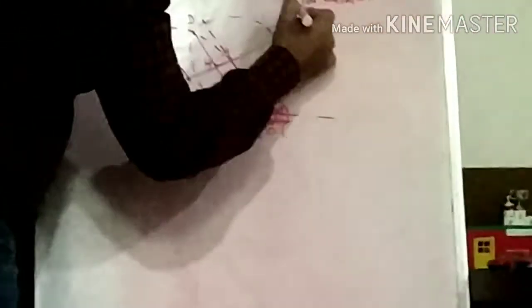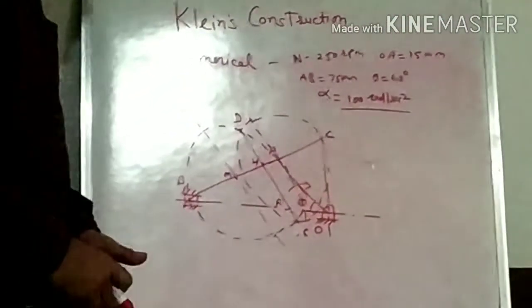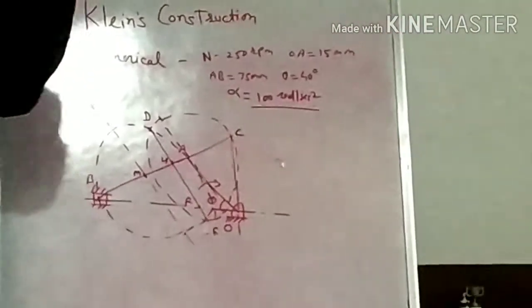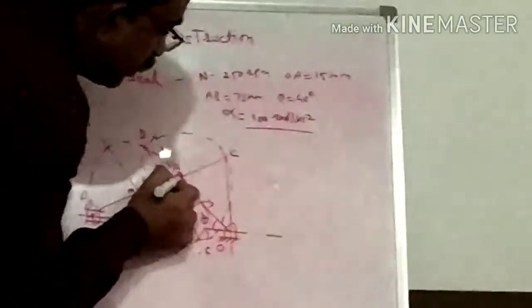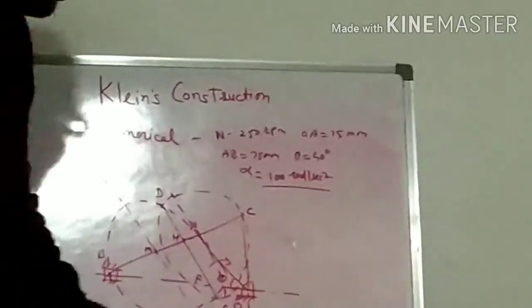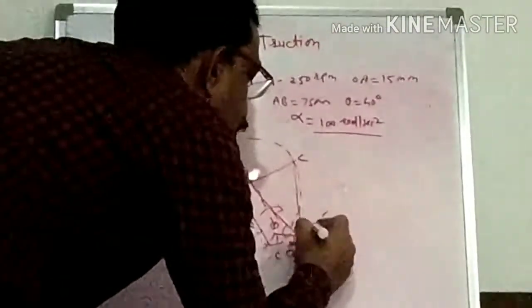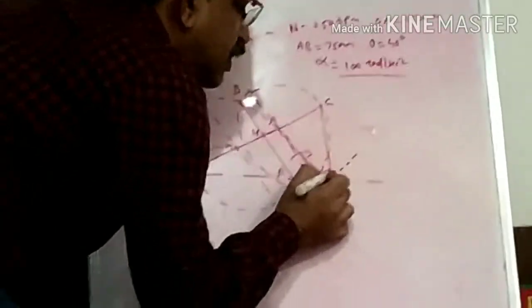But now here, what happens? The crank is rotating with angular acceleration alpha of 100 radian per second square. So it has two components of acceleration, radial and tangential. Now we know that line OA represents the radial component of acceleration. The tangential component of acceleration is perpendicular to link OA. But here we don't know its magnitude, we know only its direction. Suppose the next point is point O1. So we have to find out the length of OO1.